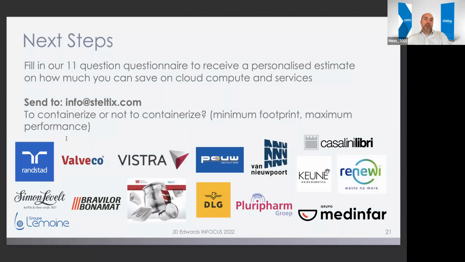Next steps. I would love to help you out, joining one of these customers running on our platform, running a minimum footprint, and containerizing your JDE system. Having less hardware, far more performance, and really maxing out the Oracle licenses that you already bought for your technology foundation license. So what we said is, if you fill out the questions in the questionnaire,